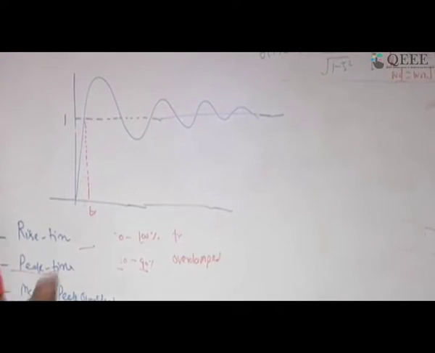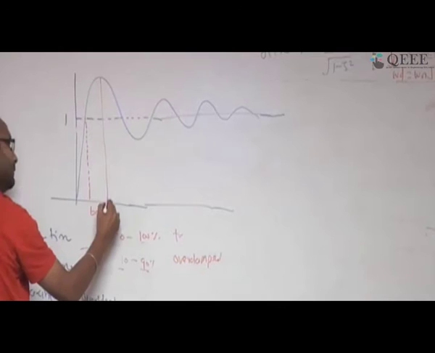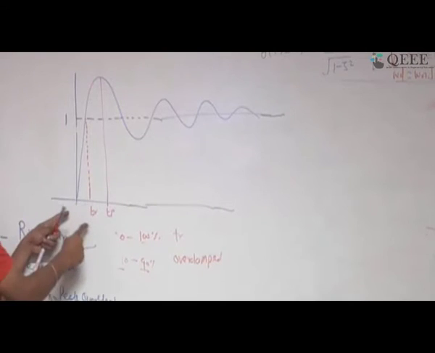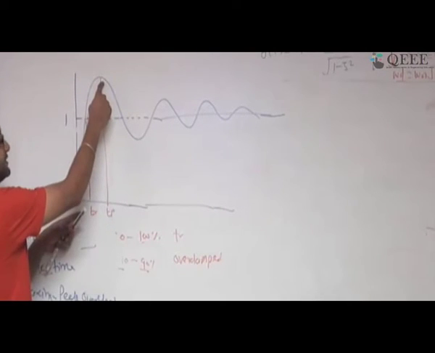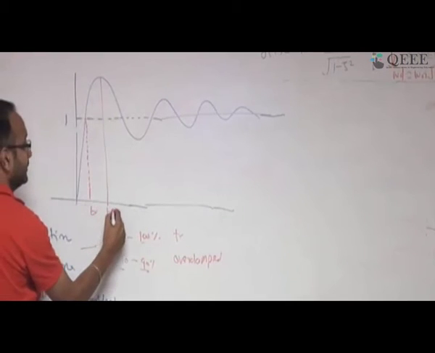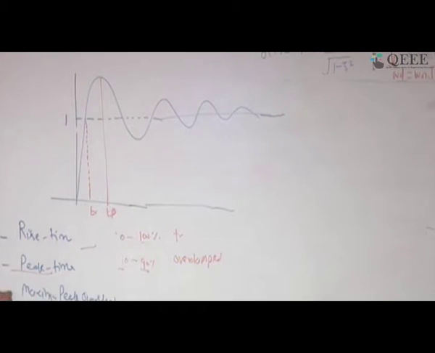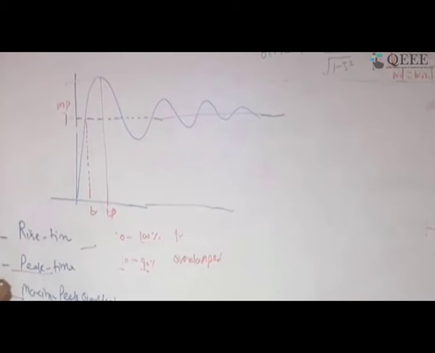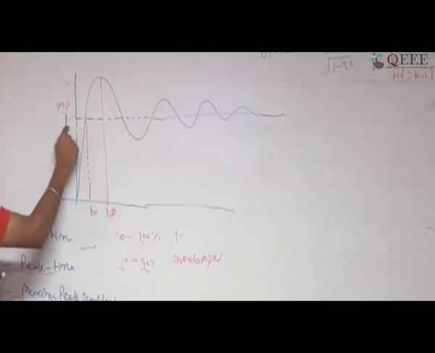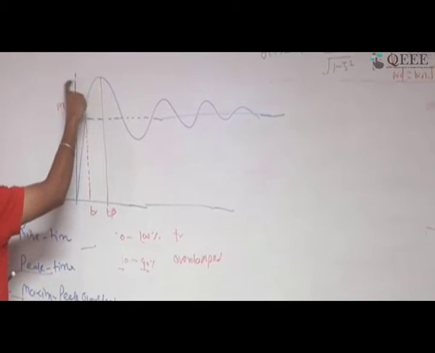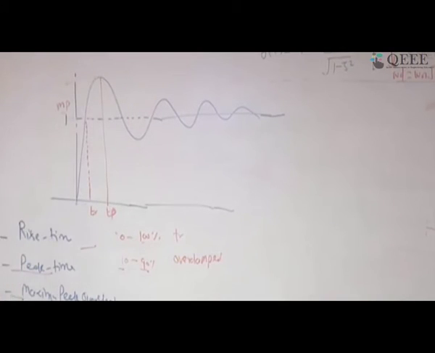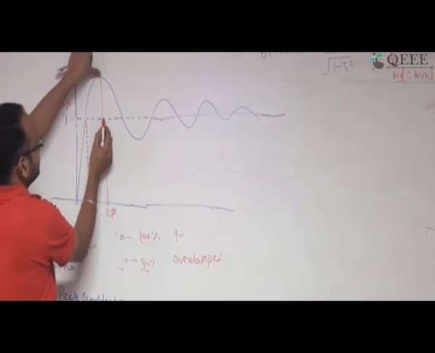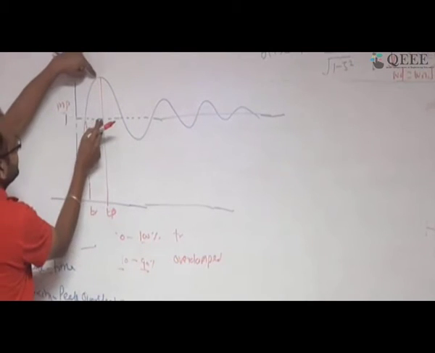Peak time. Peak time is the time required to reach this peak in the response. So I can say at what time I am reaching the first maximum. This is known as the peak time. Maximum overshoot is about this. How much I am overshooting with respect to the steady state value. You see this? This is called maximum overshoot. We will look at it quantitatively; I am just explaining first subjectively. So please look at it. Maximum overshoot is about this.